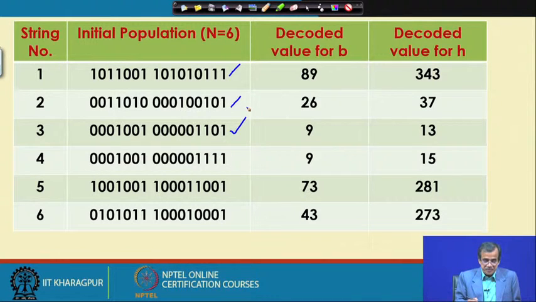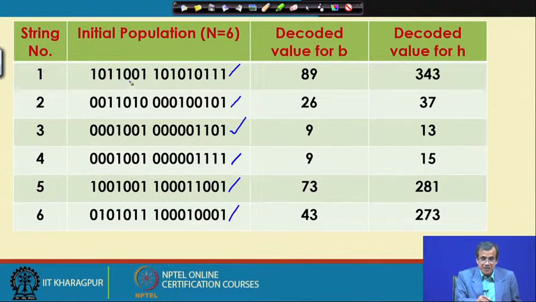So, I can find out what should be the value of B and H, what should be the value of the objective function, and if there is any violation of the functional constraint using the same principle for the fourth GA string, fifth GA string and the sixth GA string. Now, as I told, this population of the binary coded GA is generated at random, and now we will have to find out the decoded value of these particular real variables, and then we will have to find out the real values of the objective function and so on.